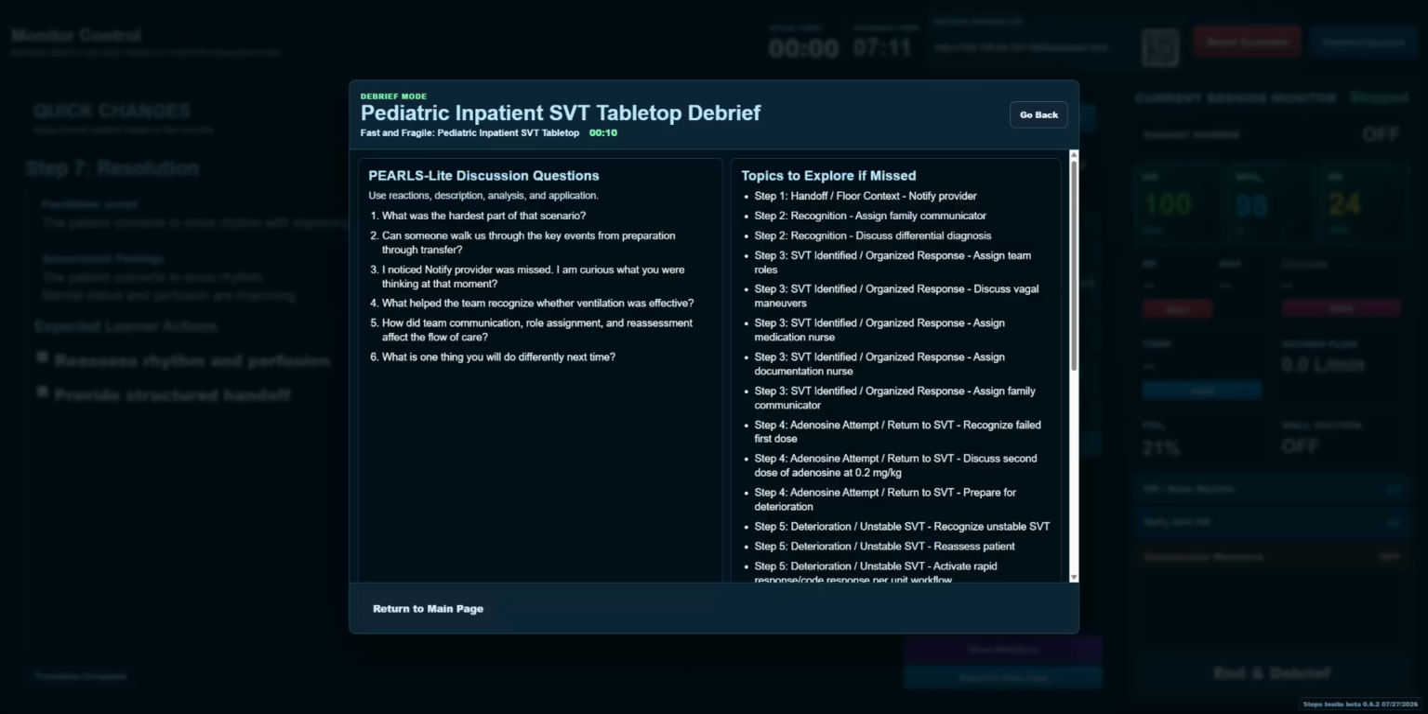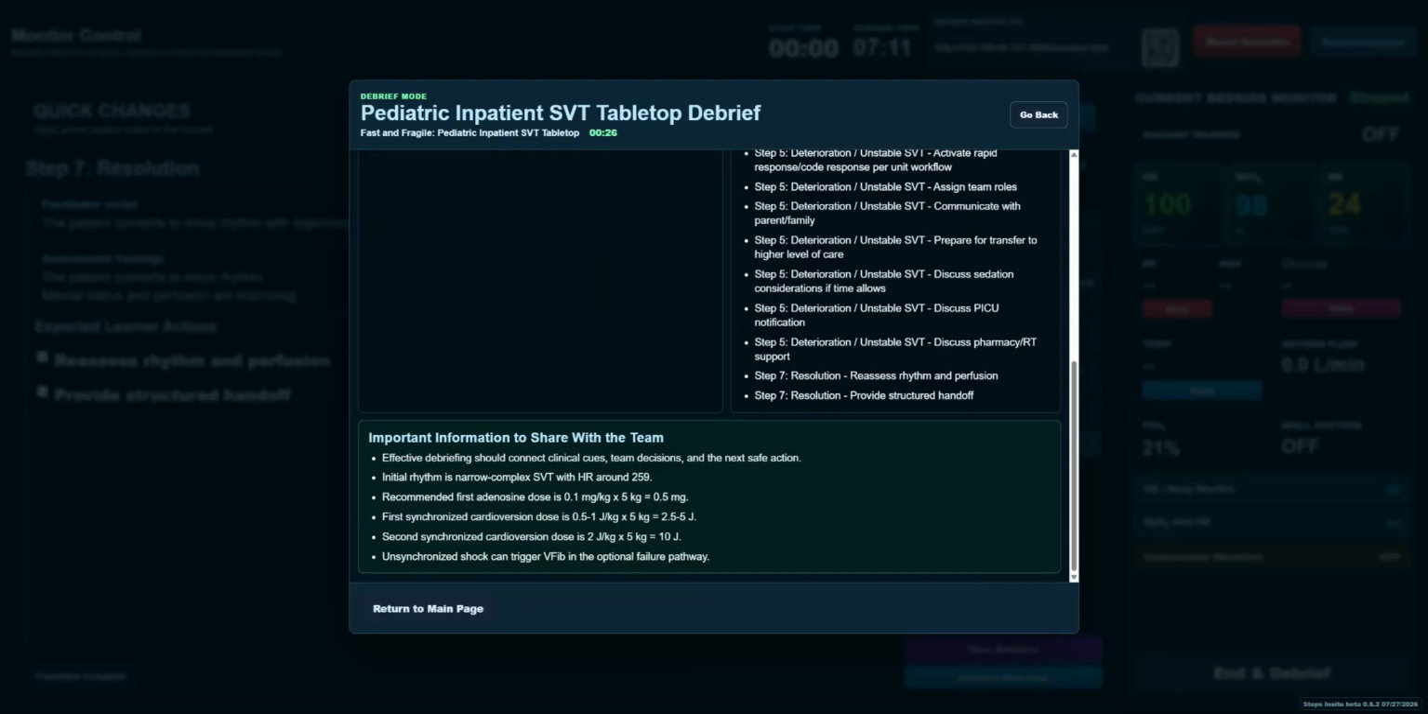A lot of it is pretty similar. Over on the right hand side, topics to explore if missed. This is just scanning all the different steps. If there's anything that was missed, it helps us with remembering if there's something you want to discuss. Obviously, there's a lot of stuff in there because I jumped forward. And at the bottom, there's some important information to share with the team. And that's just talking over adenosine dosing, synchronized cardioversion dosing, and just a little bit about that to kind of move the debriefing along. So this has been an update on what I've been working on, and I continue to